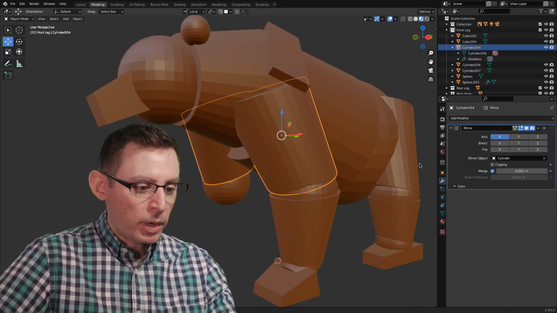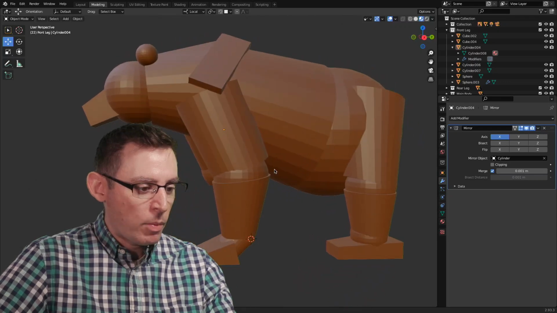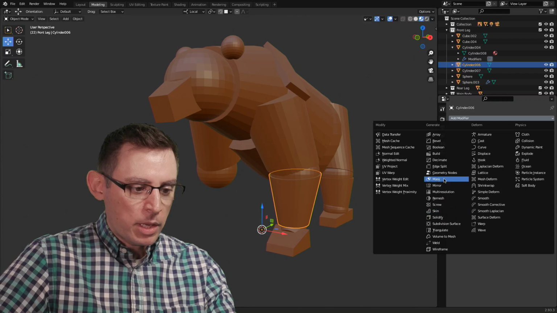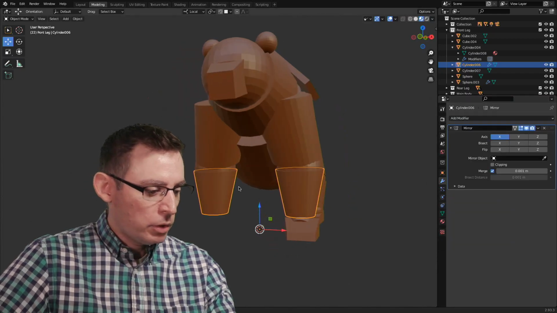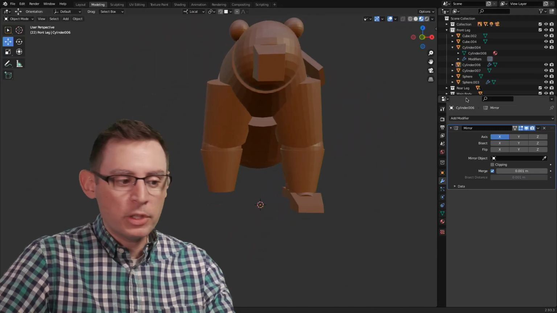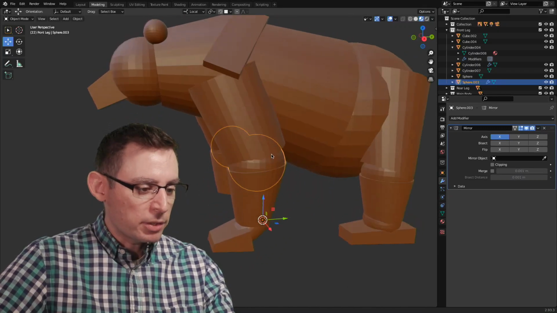Now, the great thing about working with the mirroring tools is that now we can continue very quickly, I might add. Let's just do one more mirror. We can continue flushing out the total shape of our object without having to duplicate all of these shapes. We can also make changes. Check it out.